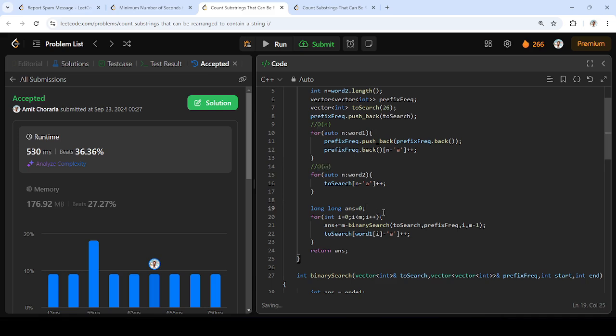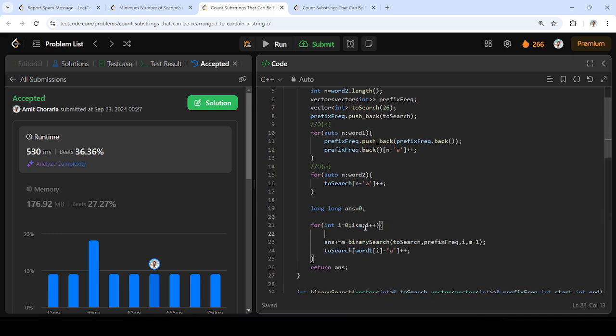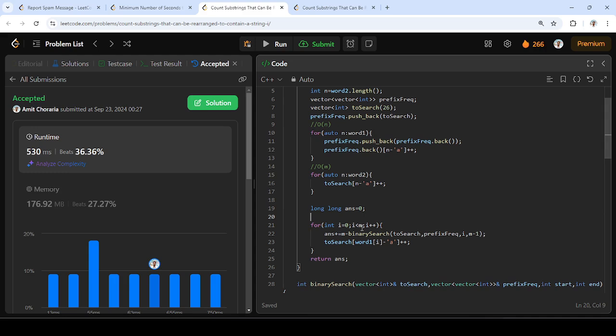This is nothing but, for every iteration I'm doing a binary search, so it's essentially my overall time complexity m into, this is m, this is n, log of